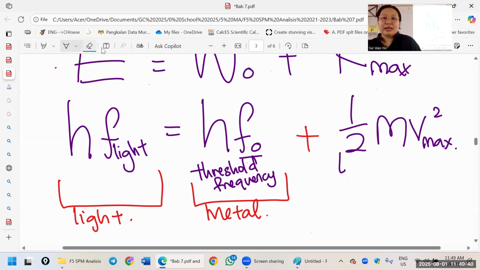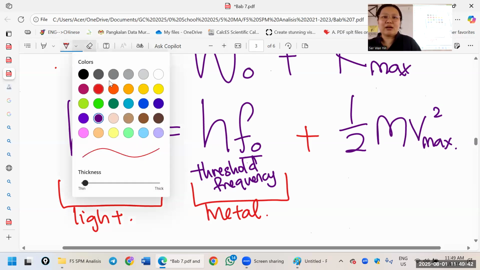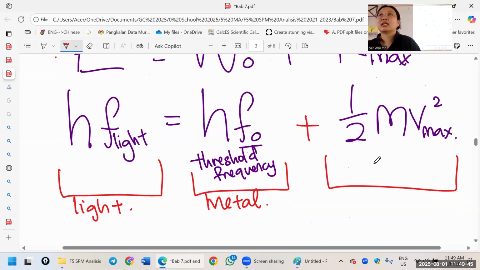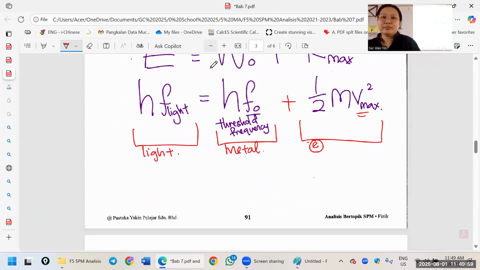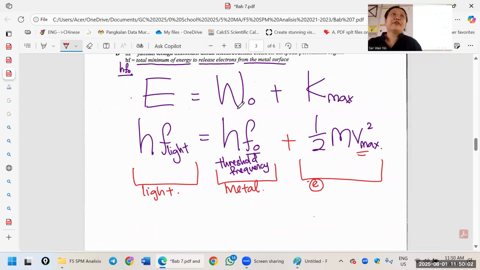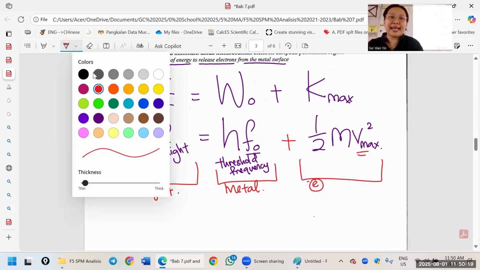So this energy is counting on which part? Yes, the electron that is released out. 它跑出来了的速度，可以吗？So if you want to count the light, HF. If you want to count the metal, HF naught. If you want to count how fast is electron, K max half mv squared. 可以吗？